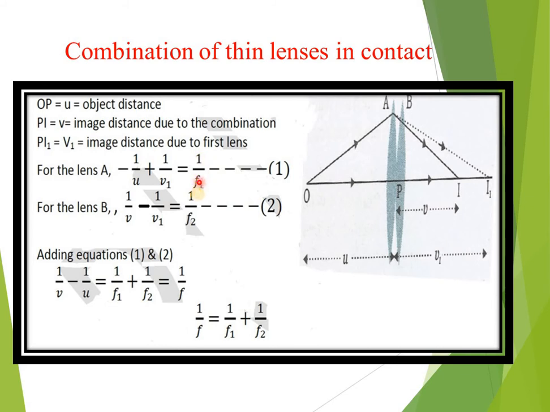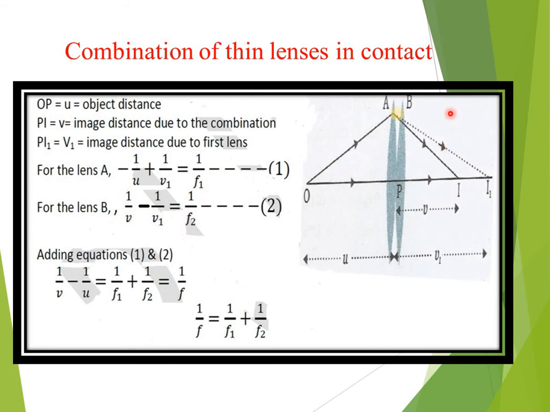The formula is 1 upon f equal to 1 upon v minus 1 upon u. So for the first lens, the focal length is f1. So 1 upon f1 equal to 1 upon v1 minus 1 upon u, as v1 is the image and u is the object distance. Now for the second lens, if we apply the same formula, 1 upon f2, that is